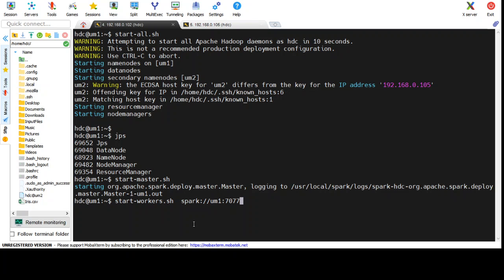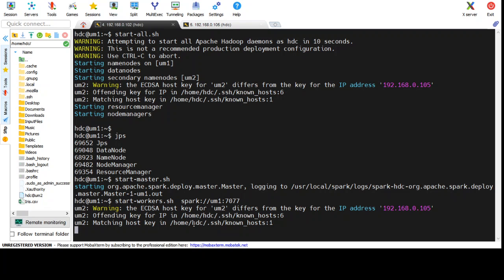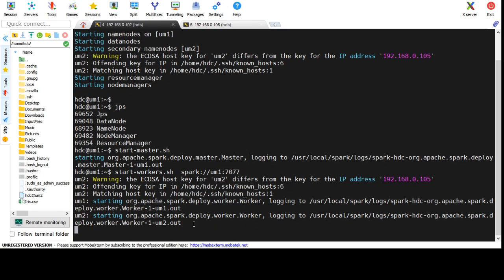Okay, so I need to press enter here. As soon as I do, see, it's starting the worker node on VM1 and the worker node on VM2. VM1 and VM2 are the machine names for both IP addresses, the virtual machines that I have launched. VM1 is the machine name for the first virtual machine, and VM2 is the machine name for the second virtual machine.